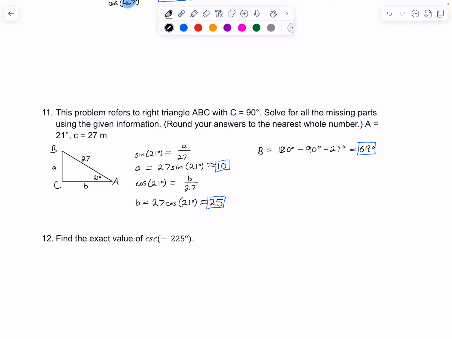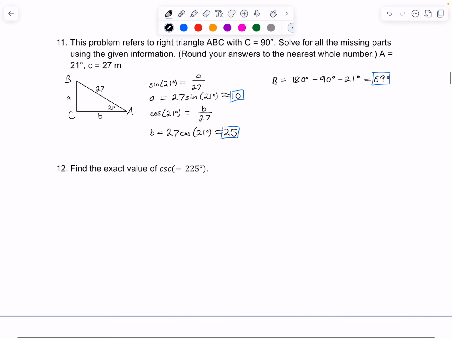Okay. Number 12 says find the exact value of the cosecant of negative 225. Again, cosecant is not one that's in our calculator. It's not one that's easily accessible in the unit circle. So the first thing I'm going to do is write it as 1 over the sine of